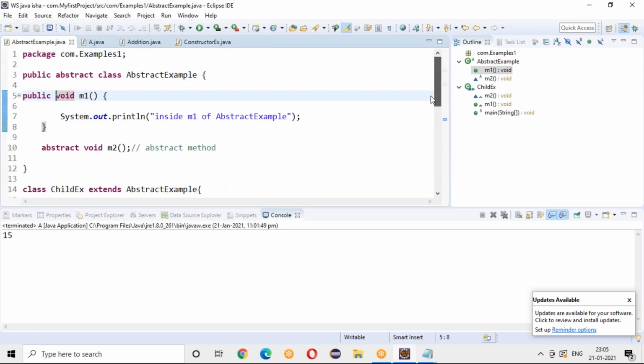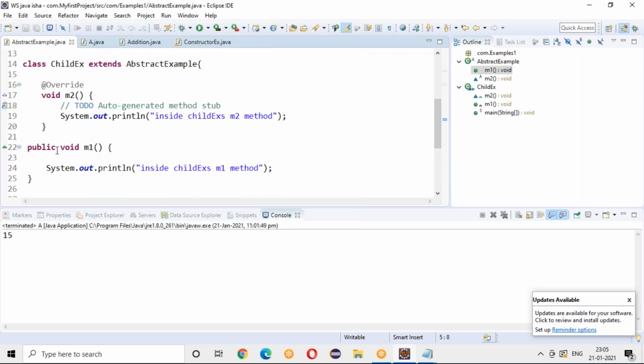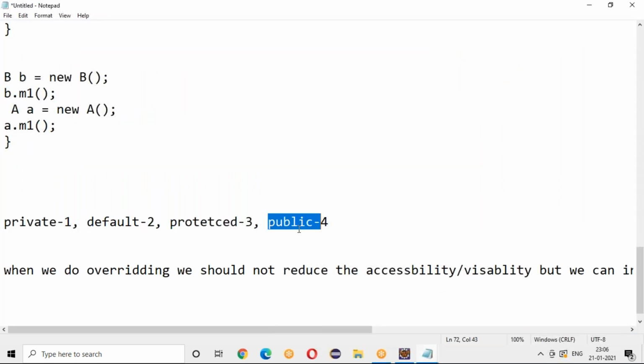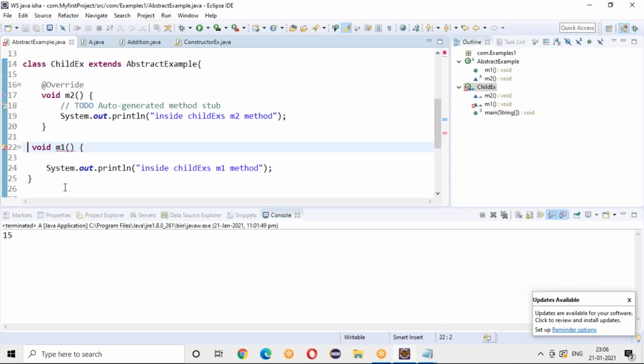The M1 method is public here. Can I write it as default here? Obviously no, because default is reducing the accessibility. So whenever the method in your parent is public, you should write it as public only. You cannot write any modifier other than public.